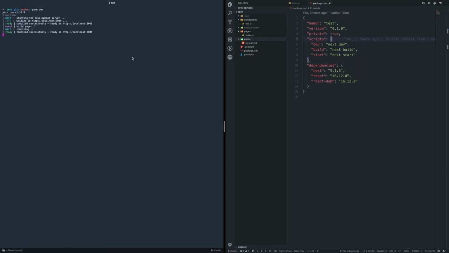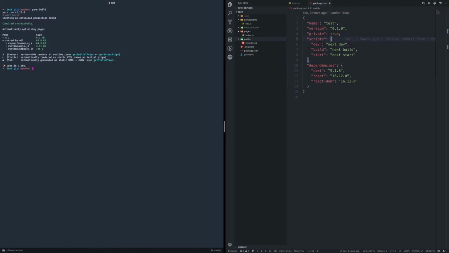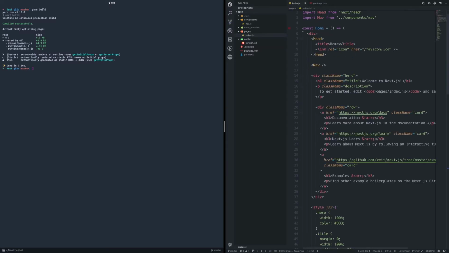Now, I want to also touch on the other scripts that are available here, building and then starting your production server. So if I kill my server, which I'm doing Control C here to kill that, and I do yarn build, which runs next build under the scenes, you're going to see it's creating this optimized production build. Now, later in the course, I'm going to talk about static pre-rendering, but you'll see it talks about them just a little bit here, where the only route in this application, which is index, you'll see it has this circle right here, which is saying this is a static HTML page, and it gives you a rundown of what's being outputted in the production